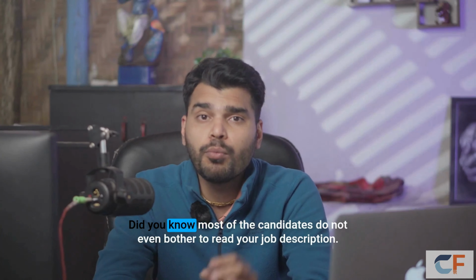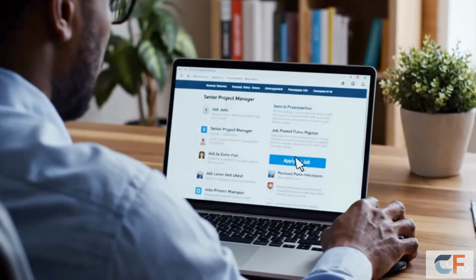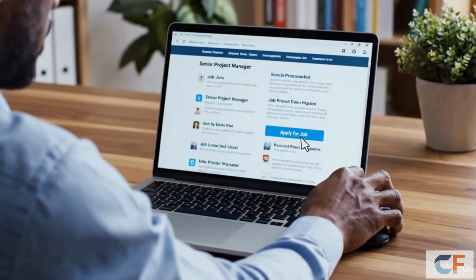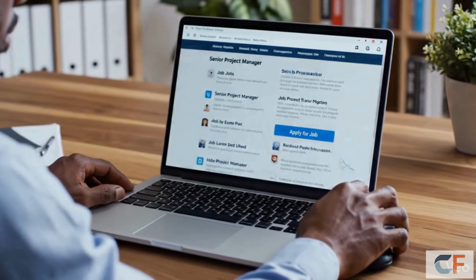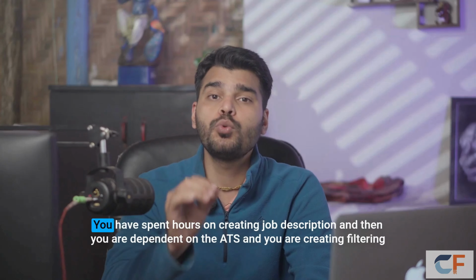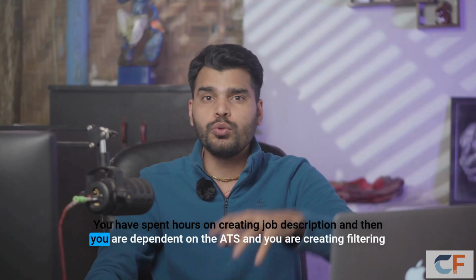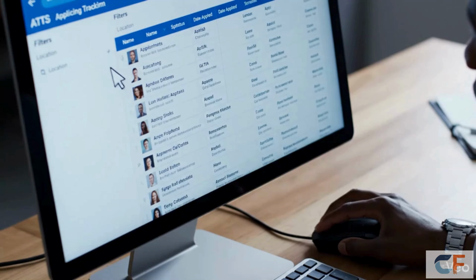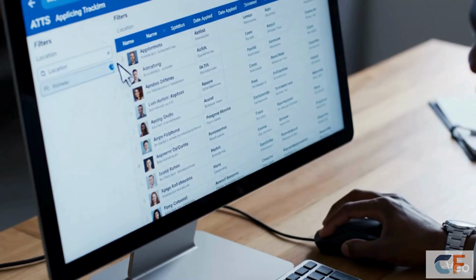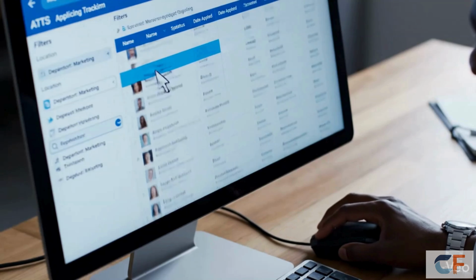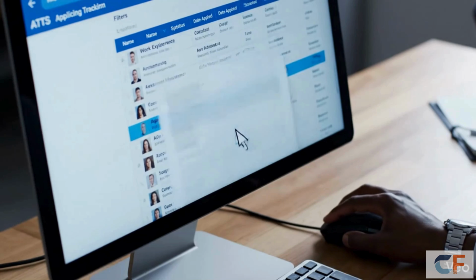Did you know most of the candidates do not even bother to read your job description? They just click on apply and hope for the best. You have spent hours creating a job description, and then you are dependent on the ATS and creating filtering, and you are reading all those PDFs and investing a lot of time on which the candidate have spent